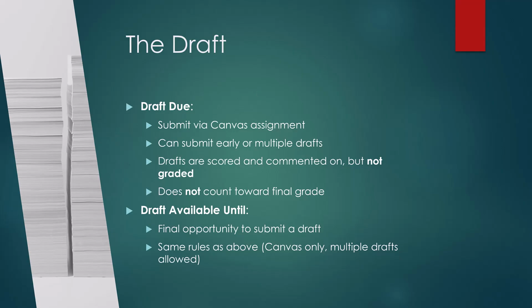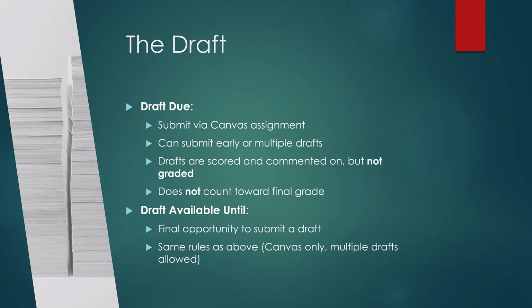So the paper is turned in potentially first as a draft. The draft due date is when you should probably do the draft by, and it's submitted to Canvas as an assignment. You can do early drafts, multiple drafts, and you can of course choose to do no drafts at all. Drafts are scored and commented on, but are not graded. What that means is I'll put on a number, which would be the grade you'd get if you turned in that version of the paper as the final version, but it's not a grade because it doesn't count